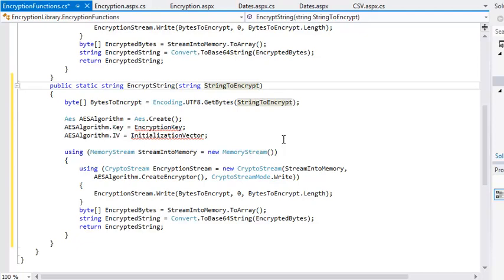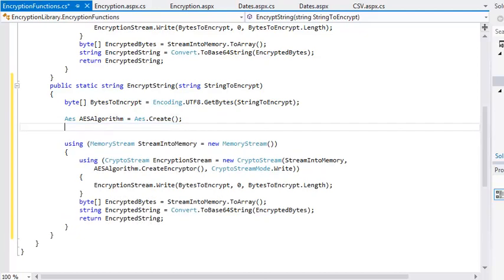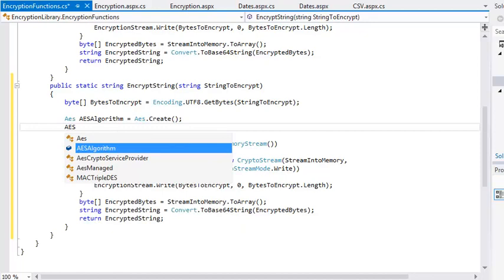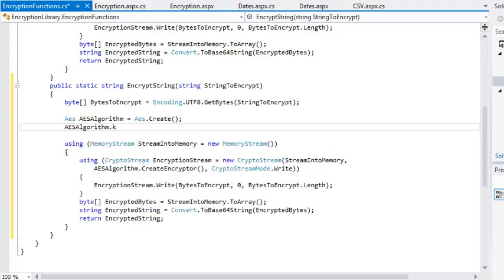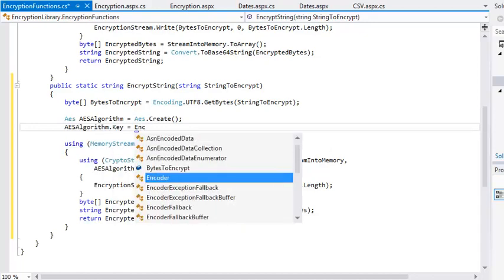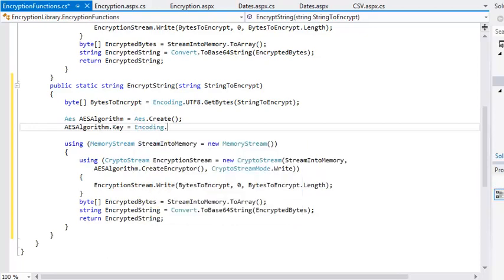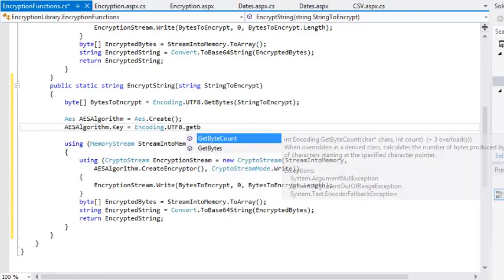You'll notice that there are some errors in your new overload. You're going to fix those now. Remove the lines that begin aesAlgorithm.Key and aesAlgorithm.IV and replace them with aesAlgorithm.Key equals Encoding.UTF8.GetBytes